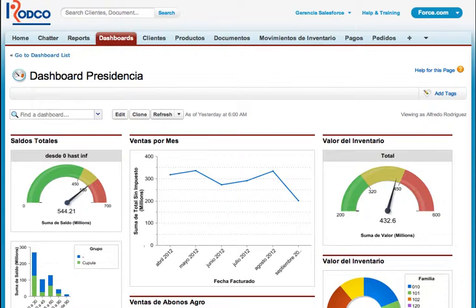This is an ERP custom made for Rodco. It's a company that distributes building materials and supplies. It's a pretty big company in Central America. What we created here is we use Force.com as a backend, and what you're seeing here is the standard Salesforce